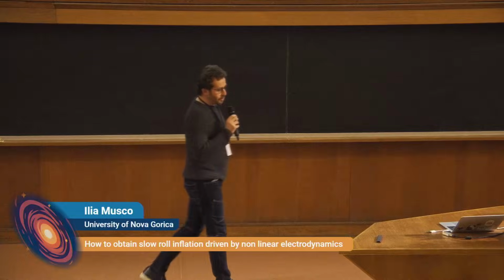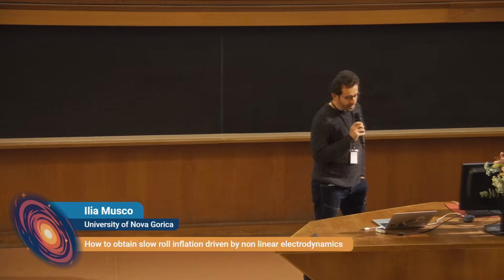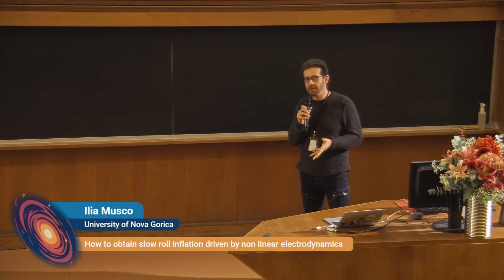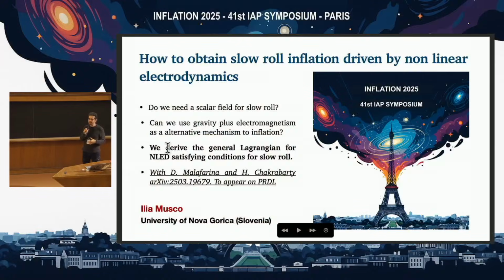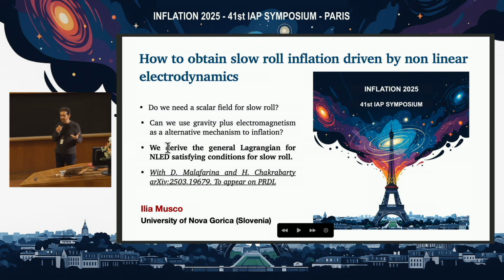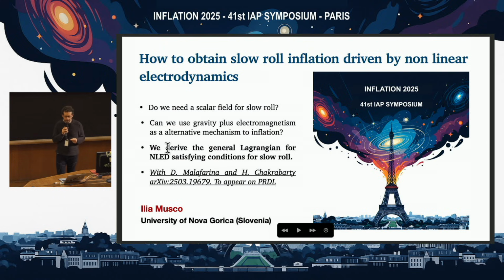So the idea of this work was to investigate whether we really need a scalar field to produce slow-roll inflation, or whether it can emerge from the physics that we already have. In particular, we looked at the idea of nonlinear electrodynamics, where we have a strong coupling between the electromagnetic field and gravity, because there is quite a strong history behind these models, from Born-Infeld theory, from string theory, and they have also been used a lot to remove the singularity from black hole physics.